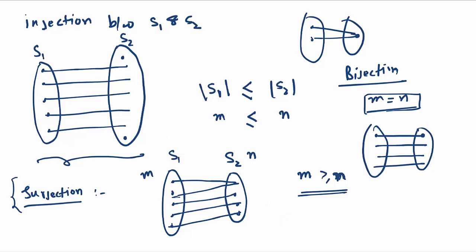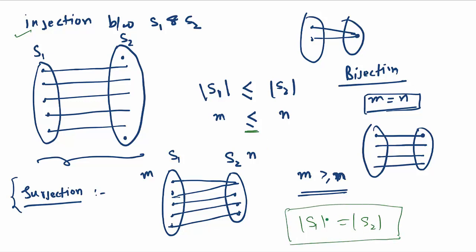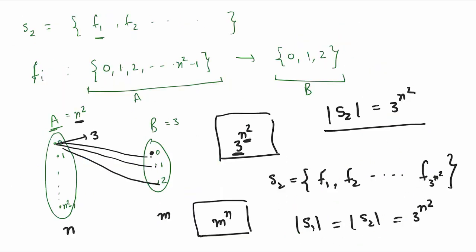So if I say that m is equal to n, that the cardinality of S1 is equal to the cardinality of S2, then what kind of functions are possible? See, we have less than or equal to here, so that is why injection is possible. Why? Because either it is less than or it is equal. If we have equal cardinality, then yes, injection is possible. Similarly, surjection is possible, because for surjection m should be greater than or equal to n, and here we have equal, so surjection is also possible. Similarly, bijection is also possible. So injection, surjection, bijection, everything is possible if the cardinality is equal. Okay, so in our case we know that cardinalities are equal, right?